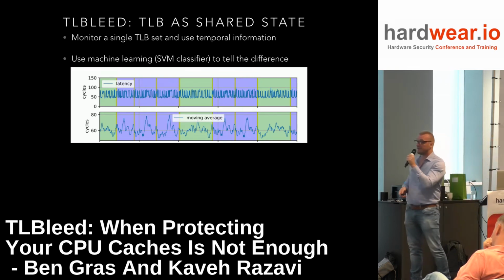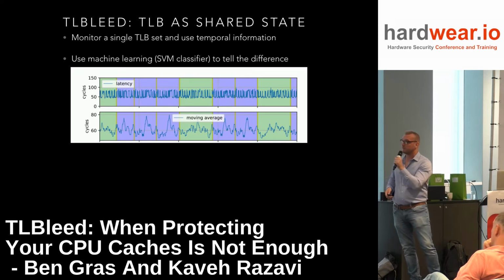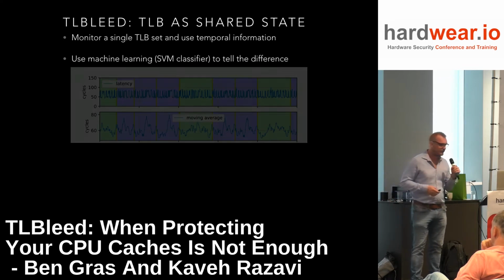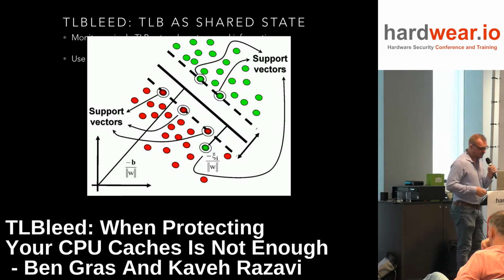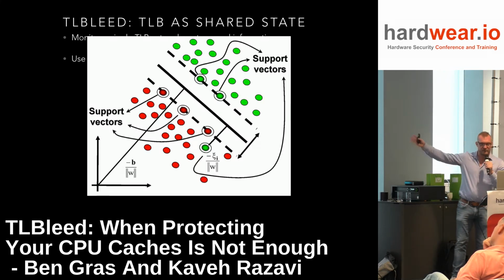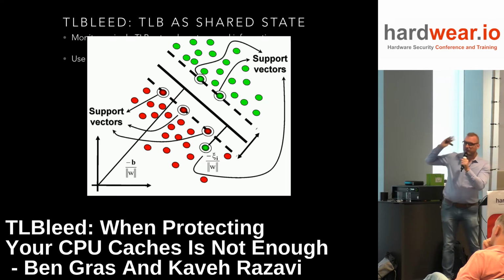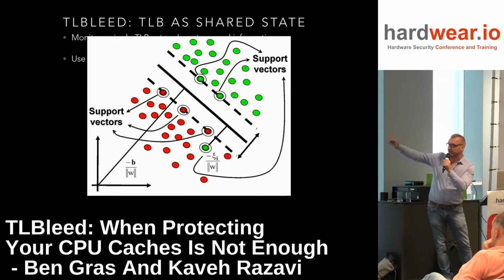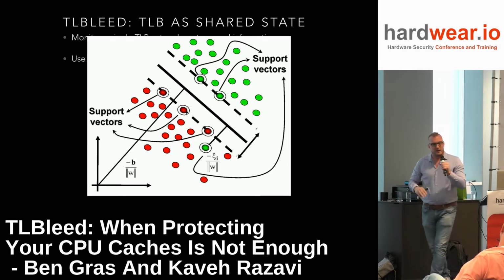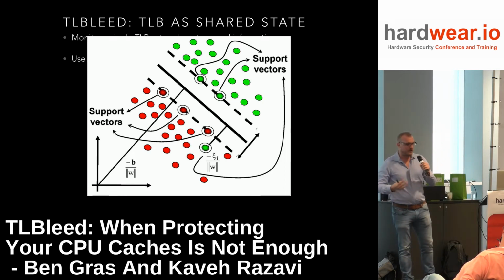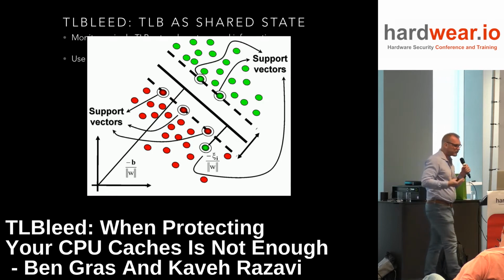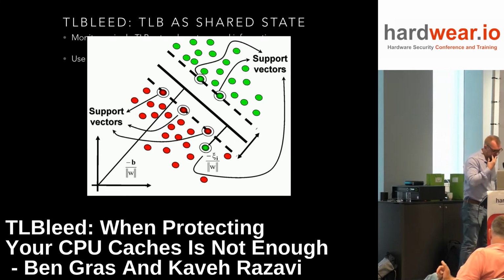We take this SVM classifier, the support vector machine. I'll briefly show you what this looks like. This SVM machine learning classifier tries to distinguish training samples, and this is the training phase. You show it a bunch of green dots and a bunch of blue dots, and the features that they have, and you tell it, okay, I want you to tell me in the future, is this green or is it red?